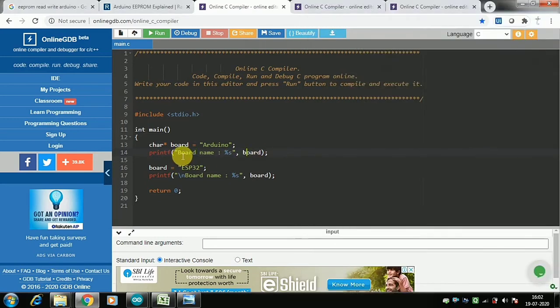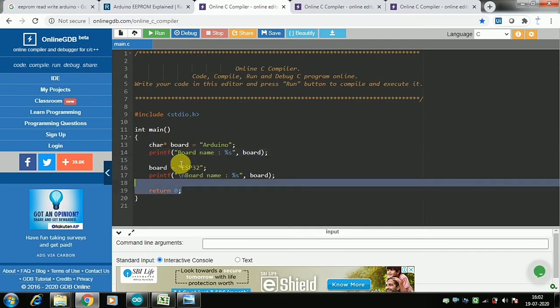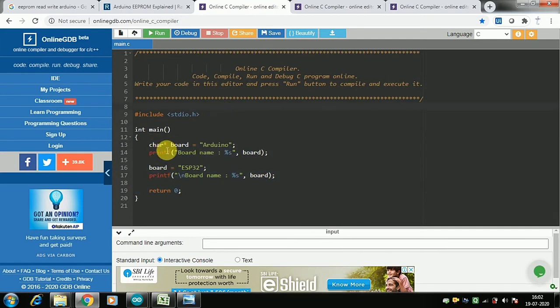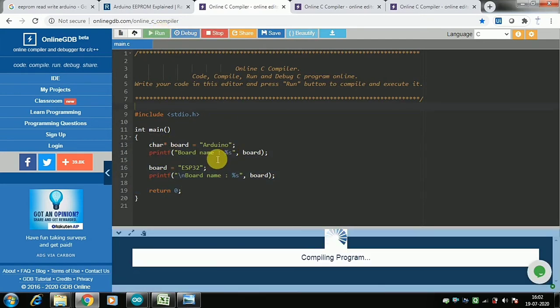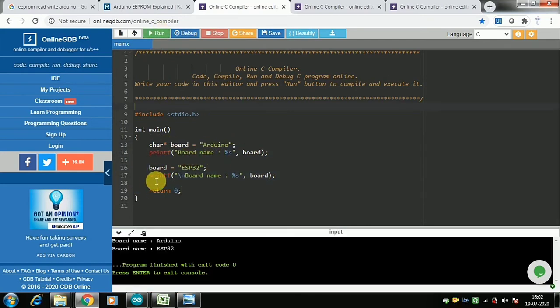Why are we using a pointer instead of simple character variables? That is because if we want to change strings and character arrays at runtime, they don't change because they are immutable. We'll understand through this program. If it is a pointer and I run it, you see earlier it was Arduino, and then I change it at runtime to board ESP32.